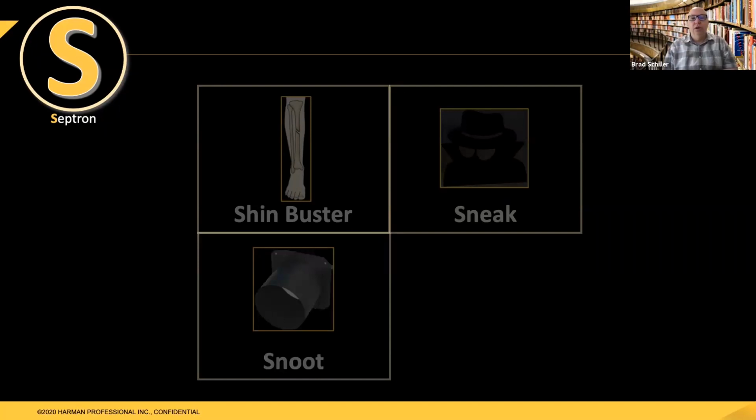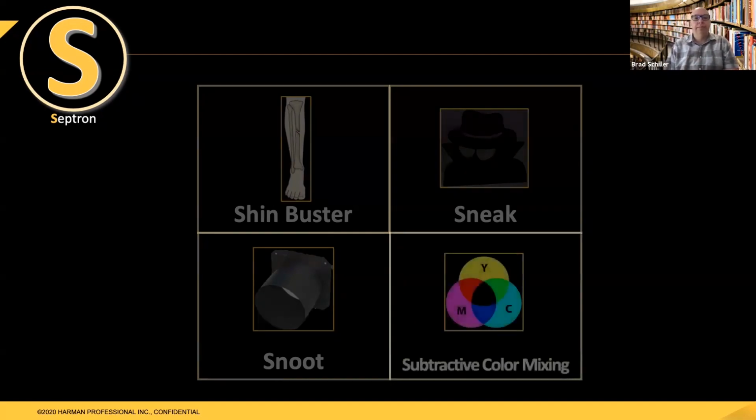A snoot, or sometimes called a top hat, is a metal cylinder. Whoops, it faded out. Well, you can still see it. It's a metal cylinder used to limit the light spill, reduce glare, or to hide the source from the audience. And these will typically be put on various types of conventional fixtures, but you'll also see them on moving lights as well. There are snoots for moving lights.